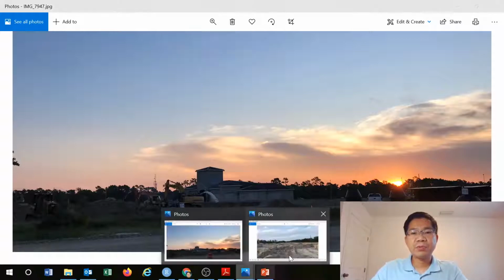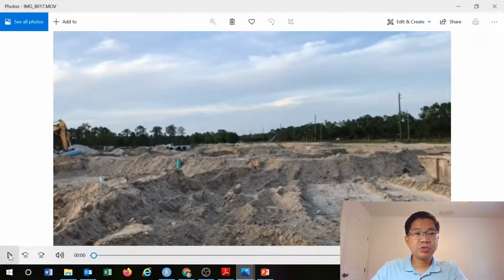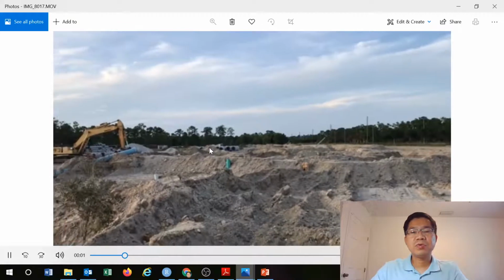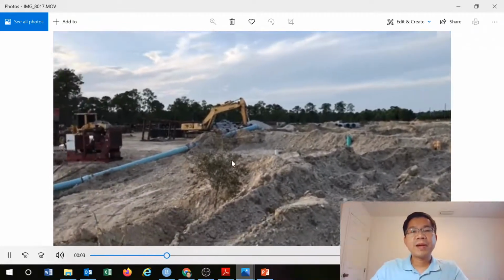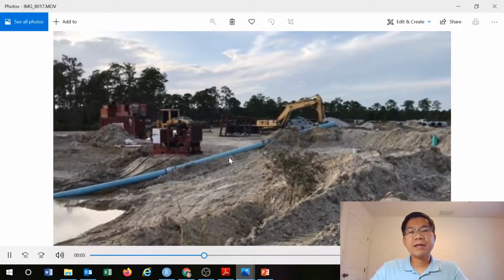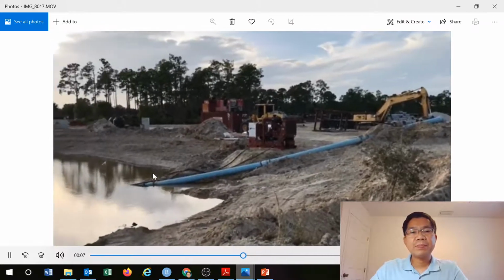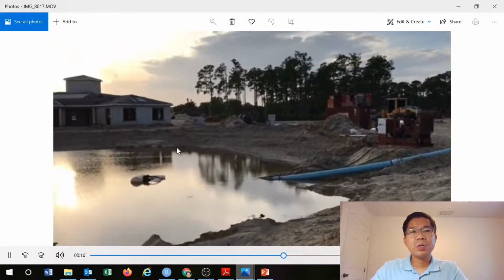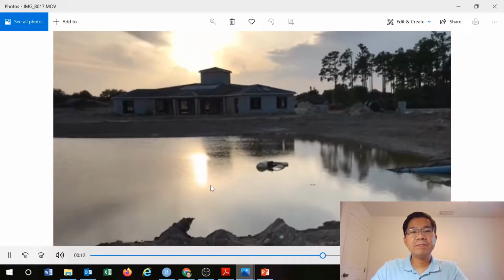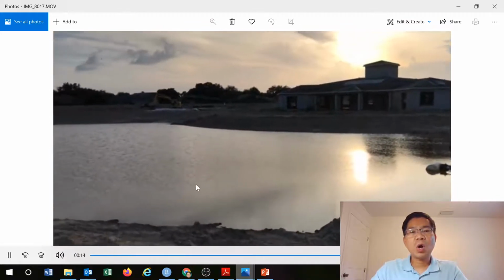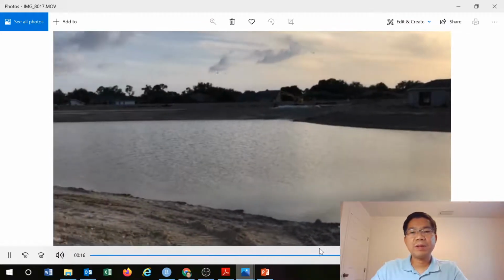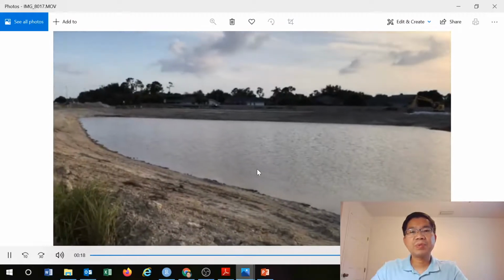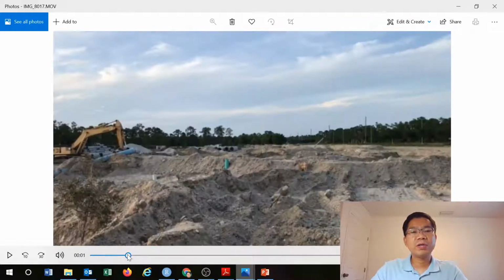I'll give a short overview: during the preparation for the grading, all of that, you see the piping has to be dewatered, otherwise during the rainy season here, water will be all over the place, so we have the pumping system to maintain it, of course, including the retaining